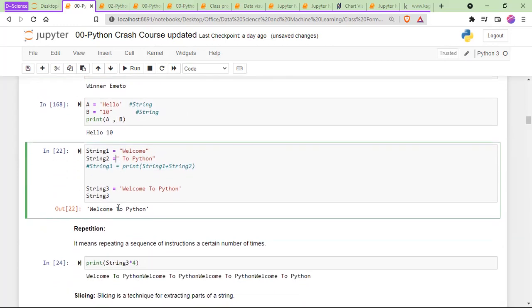Now moving on, we have string 1 and string 2. String 1 is a variable, string 2 is a variable. String 1 is holding the item welcome, and string 2 is holding something called to Python. So if I say